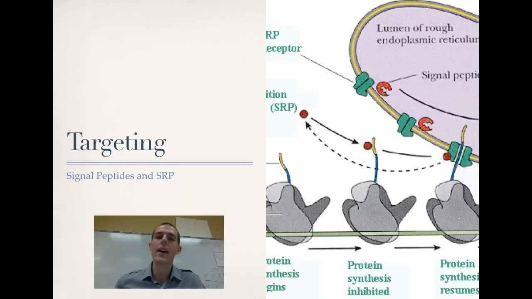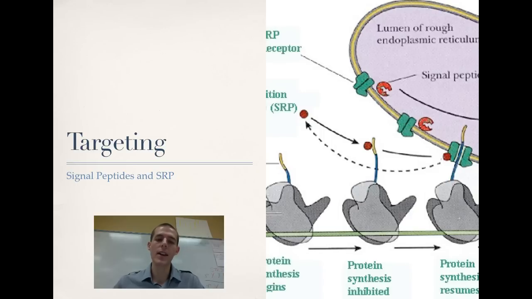Last thing I want to note on this is your polypeptides or your peptides need to know where they are to go. So as our peptide is being built, the first few amino acids on the front of that peptide are known as signal peptides. And what that is, it's a specific set of amino acids that tell the cell this is where this polypeptide needs to go. So if it's being built, you can see down there on the bottom, you got the ribosome cruising down the mRNA. If the signal peptide comes out and says, hey, I am going to be